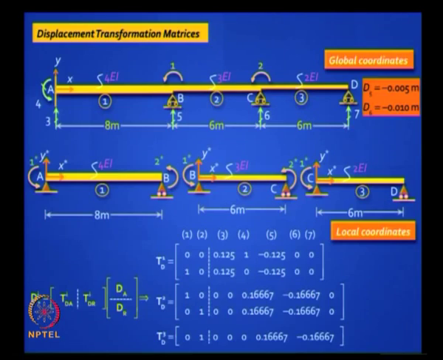Global coordinate 4, yes. Global coordinate 4 is here. You have a unit rotation, it will affect only beam element 1. Okay, you have to be careful when you read these rows. This is 1 0 0 0 0. Okay, it's my fault. I didn't align all the rows and columns correctly. Is it clear? No mistake, everything is fine. We'll proceed.